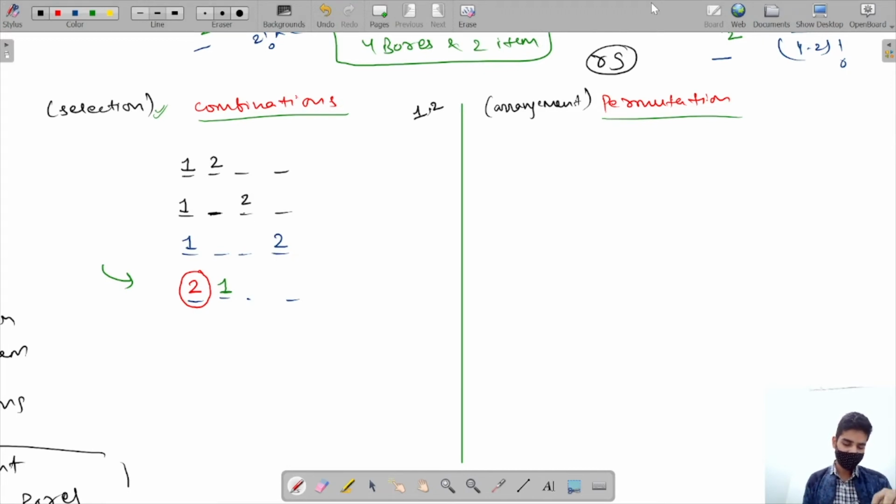But let's say in first box green is present, second box red is present. So green and red, this is not suitable for you. So you will not pick that. So in this case, what we have done? We have done arrangements. In previous case, we are just selecting whether it is green, red or red, green. This doesn't matter. We are only selecting. So this is the difference between selection and arrangement, combination and permutation. Understood?